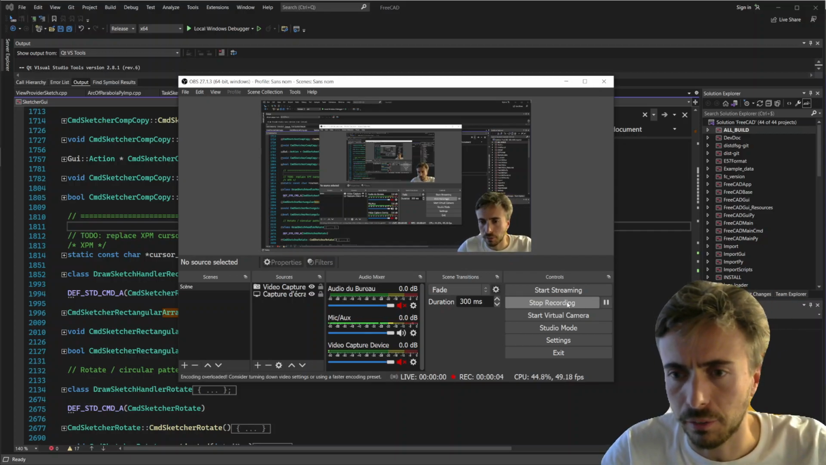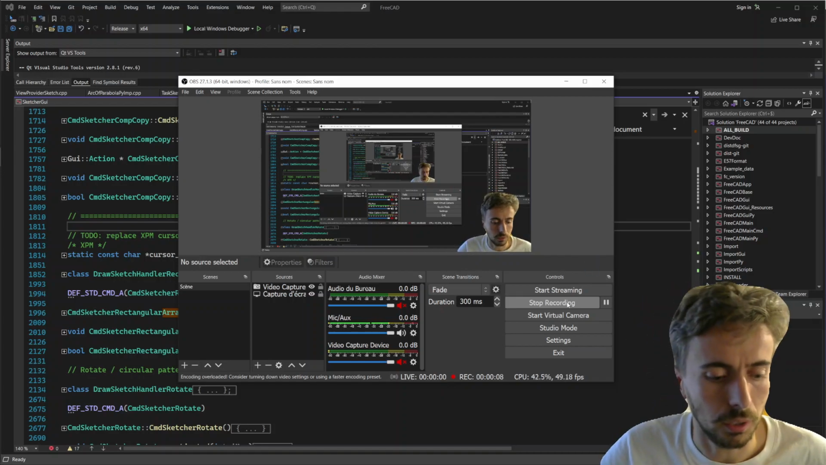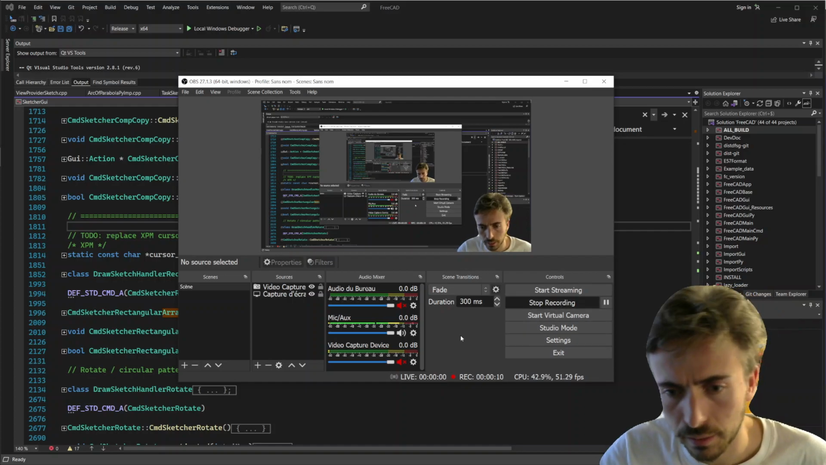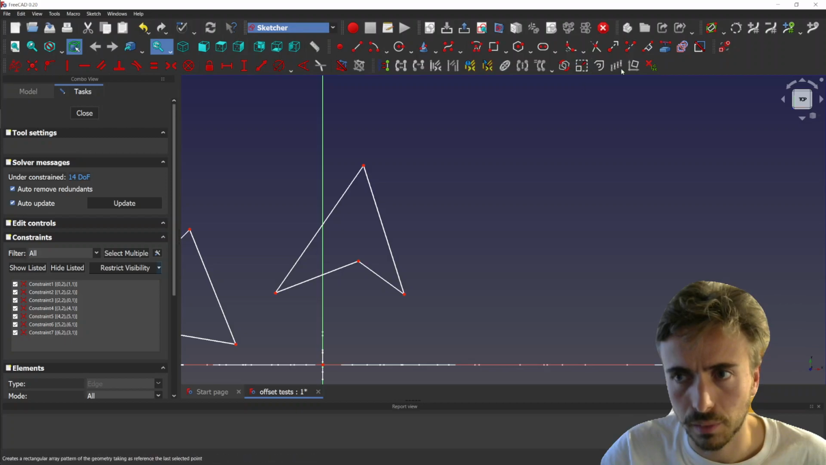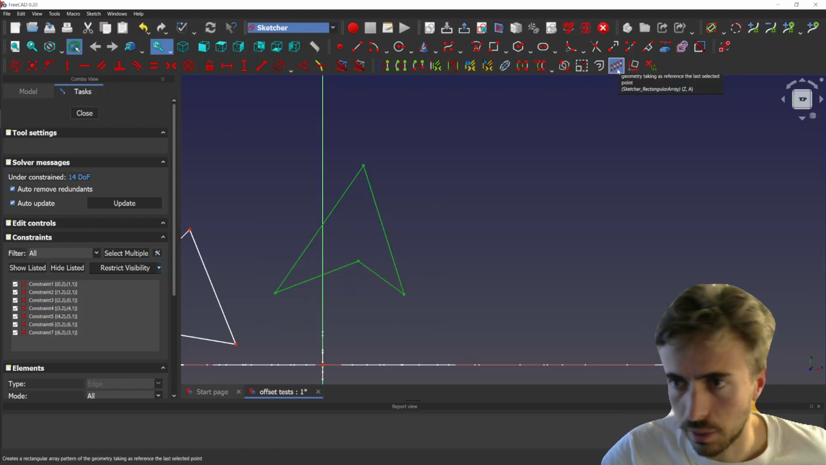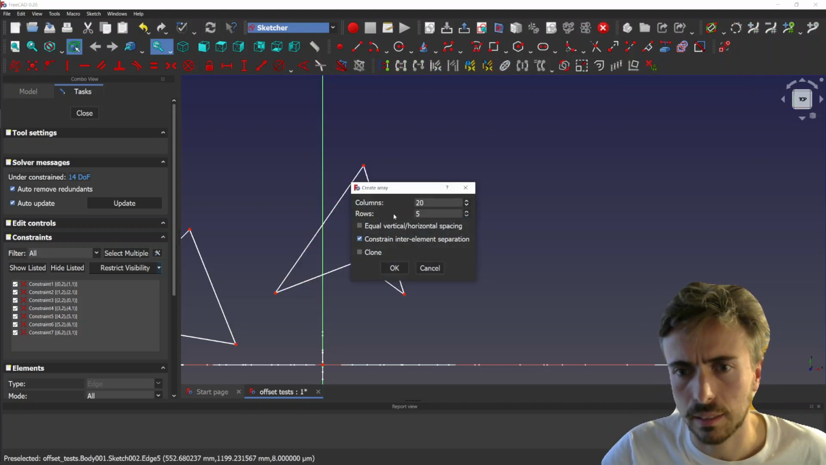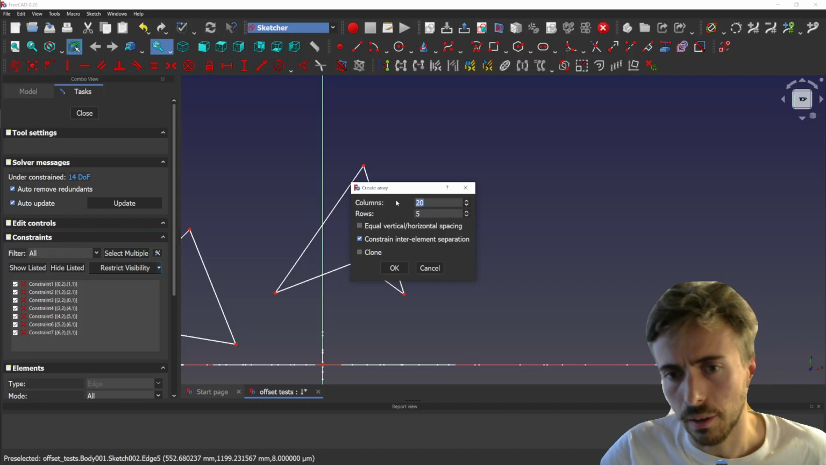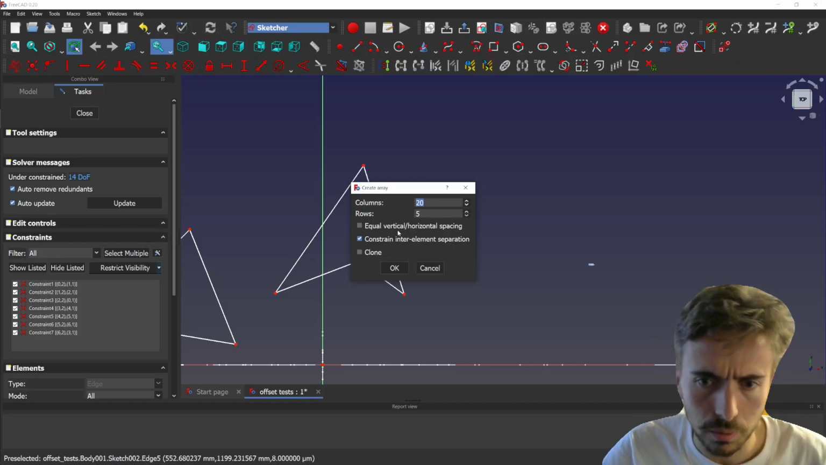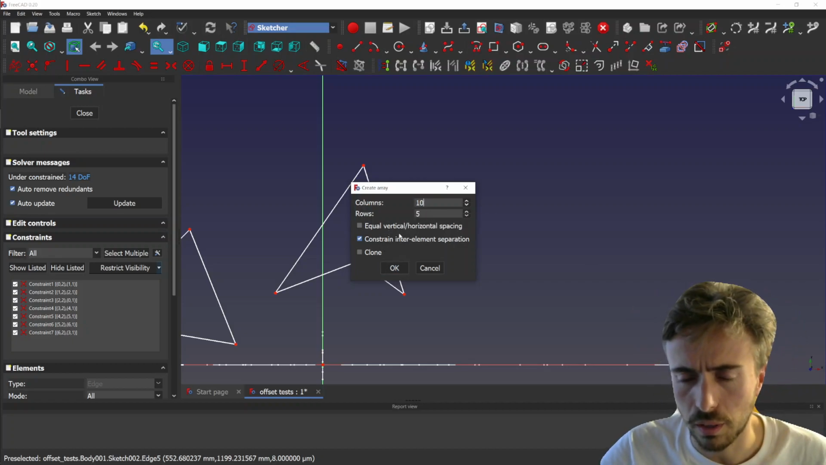Today I wanted to make a video presenting the workflow of coding a feature for FreeCAD. What I have in mind is to improve the rectangular array function, because currently it uses this box where you put the number of columns and rows that you want, and you have to choose then